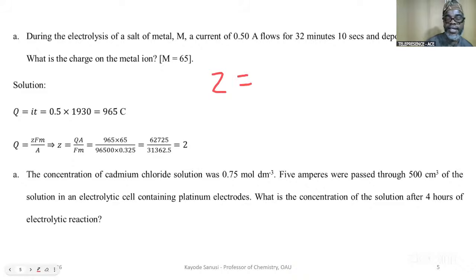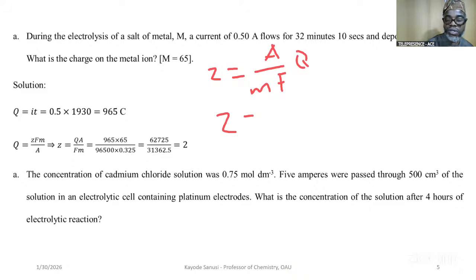So Z equals A over M F Q. If we put the corresponding values, we have 65 over 0.325, the mass deposited, multiplied by Faraday,